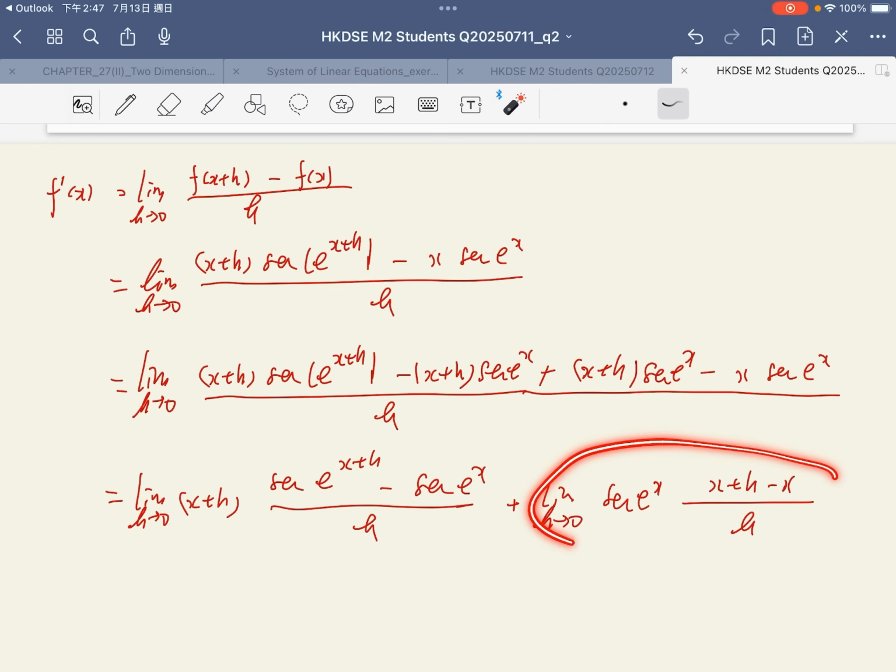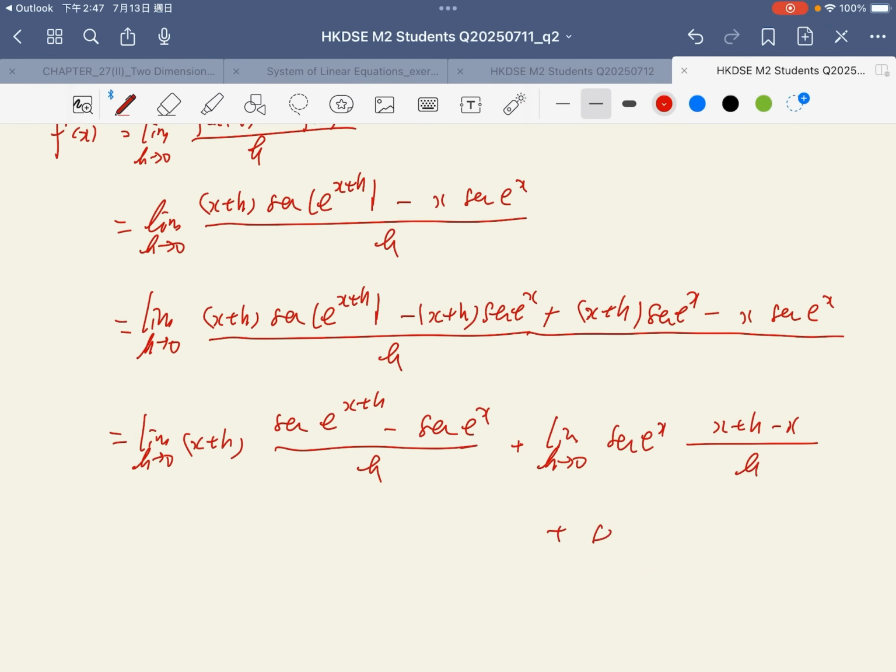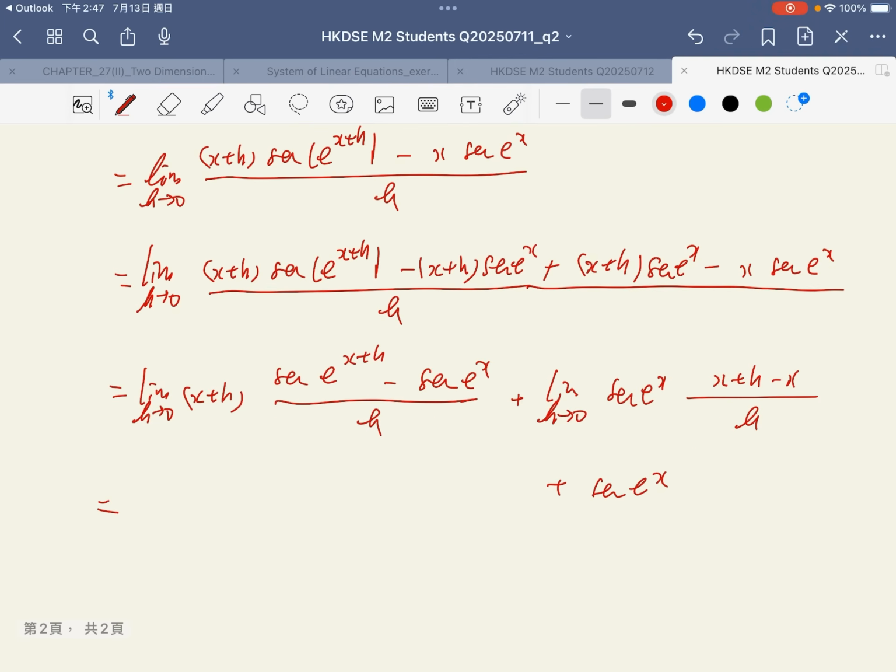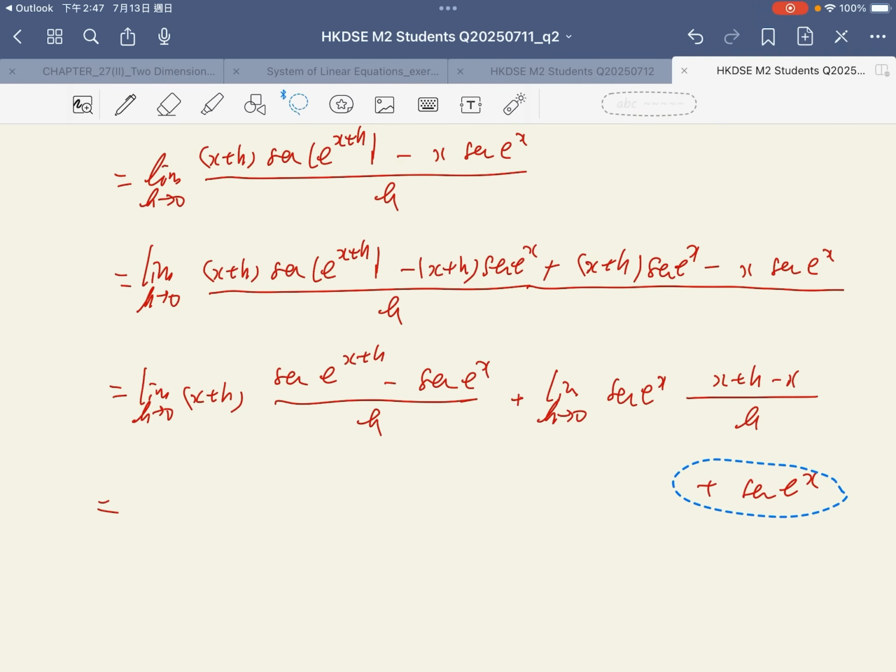The second term is equal to 1. Then only this term is left. Finally this term gives the answer x secant plus secant e^x. And for the first part, we use